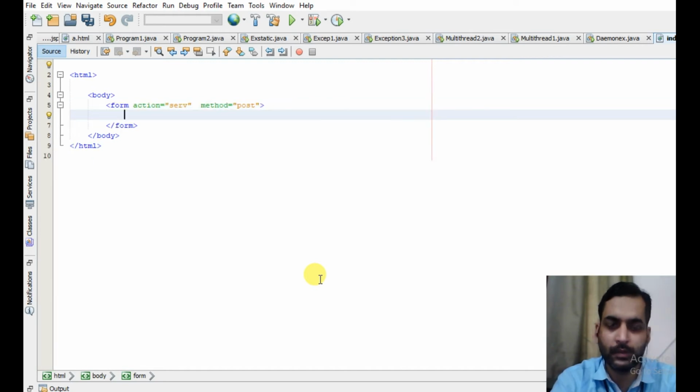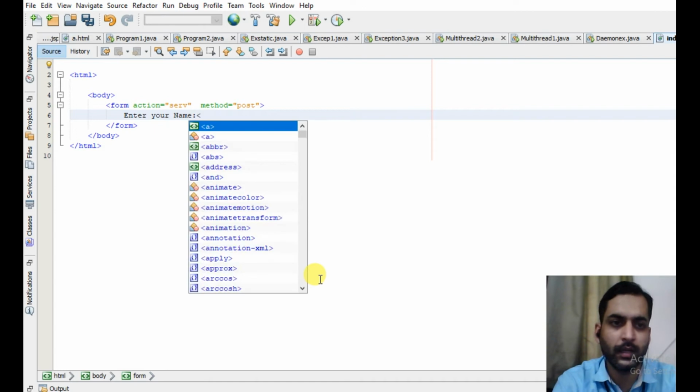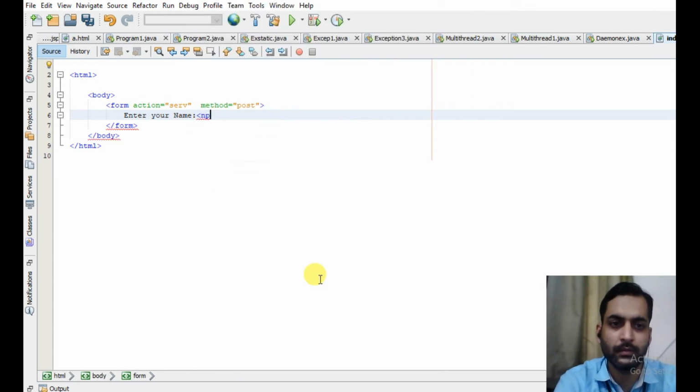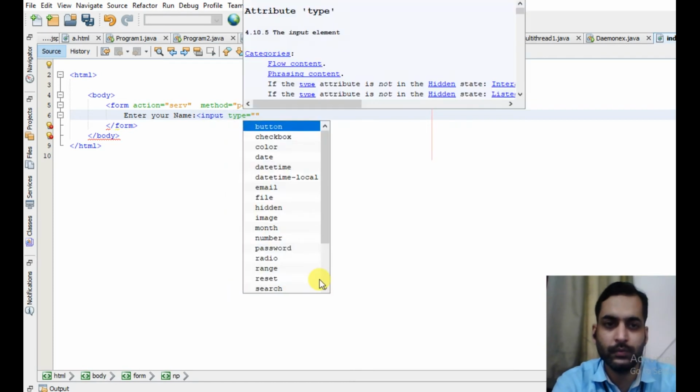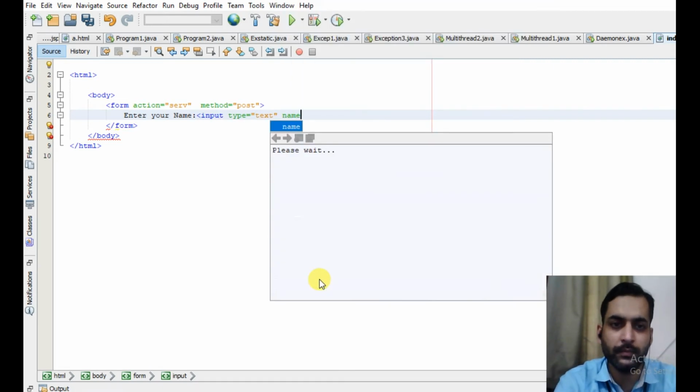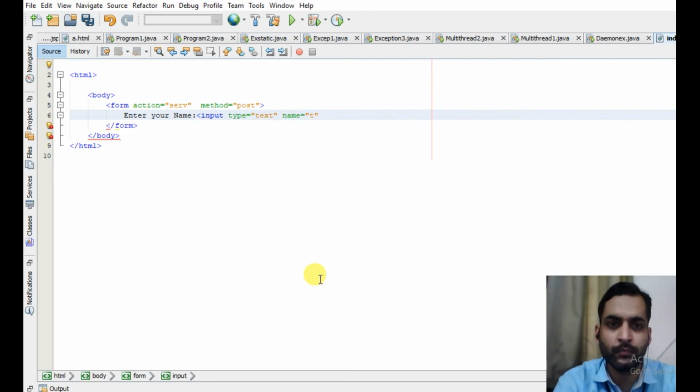So now let us create a field. Enter your name and create a text box. Input type is equal to text, name is equal to t1.